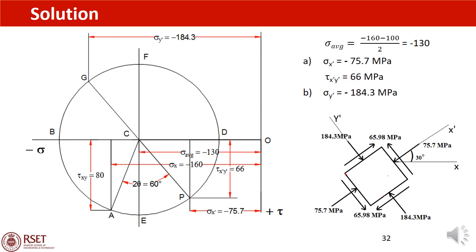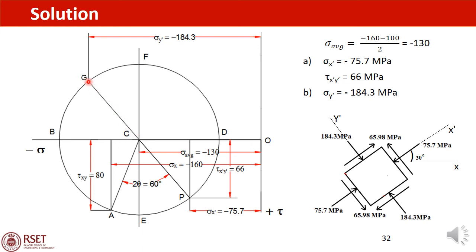Now in the B part, you are asked to find out the normal stress component acting on a plane at an angle of 90 degree from the plane mentioned in A. That is, CP is the plane mentioned in the part A of the question. At an angle 90 degrees from this plane, we have the other plane, and in the Mohr's circle we need to measure double of 90 degree, that is 180 degree. So this is the plane. So if you mark a point G over here,